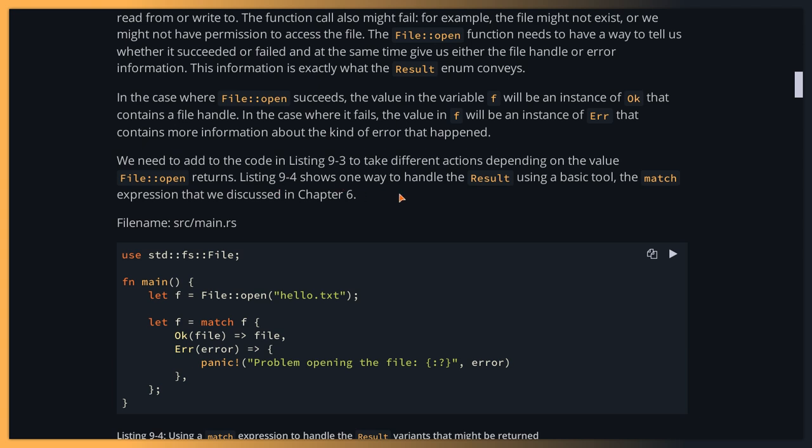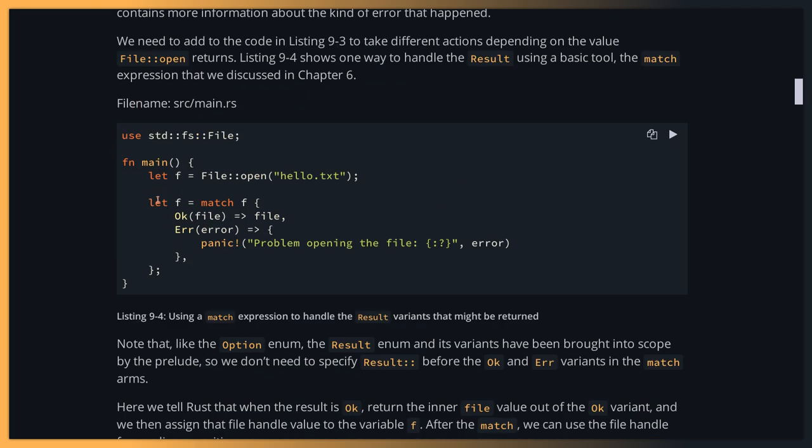Listing 9-4 shows one way to handle the Result using a basic tool, the match expression, from Chapter 6. let f = File::open("hello.txt"); Then shadow f with let f = match f { Ok(file) => file, Err(error) => panic!("Problem opening the file: {:?}", error), };